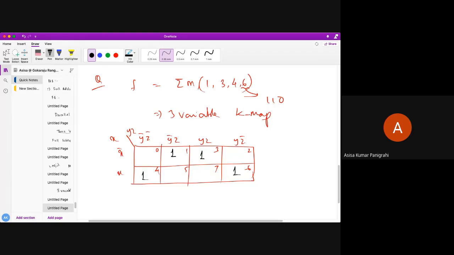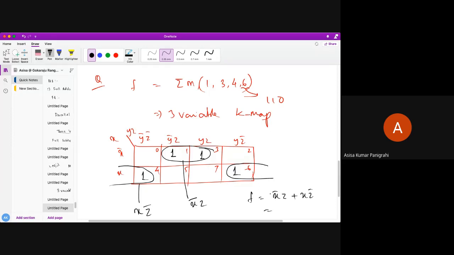Rule number 6 is present. So what you need to do here, how to combine it? Very well, I know that rule number 6 tells that these two are adjacent, you just have to combine it like this, and you have to combine these two like this. Okay, so what is the answer? The common will be here z bar, so x z bar; here the common will be x bar and z. Okay, finally what you got, f will be x bar z or x z bar.